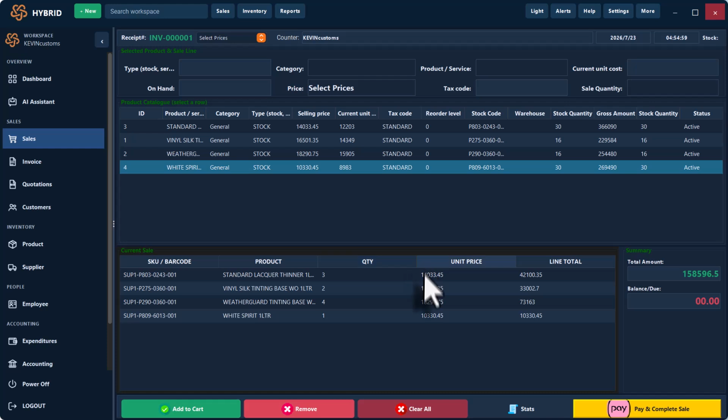So you see everything is being calculated here, as you see, unit price, and then the total